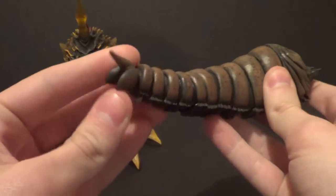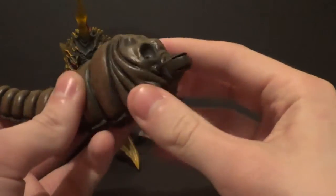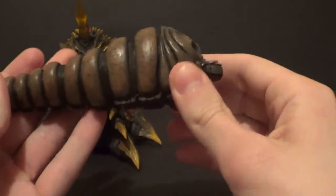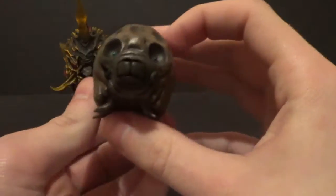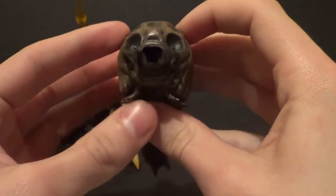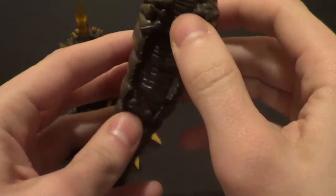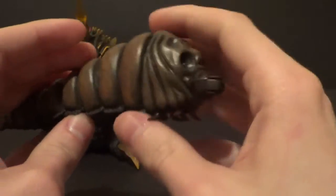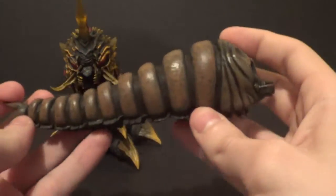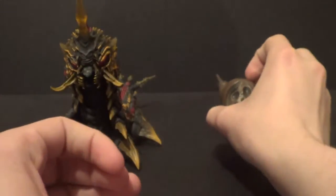Even all the way down to the little silk spinning tail, Mothra is moving all about, and you can twist them. Very, very cool. We also have a little articulated mouth, little mandibles that just move around a bit. So that's pretty cool. Mothra is really great. Very happy with this figure. Next,